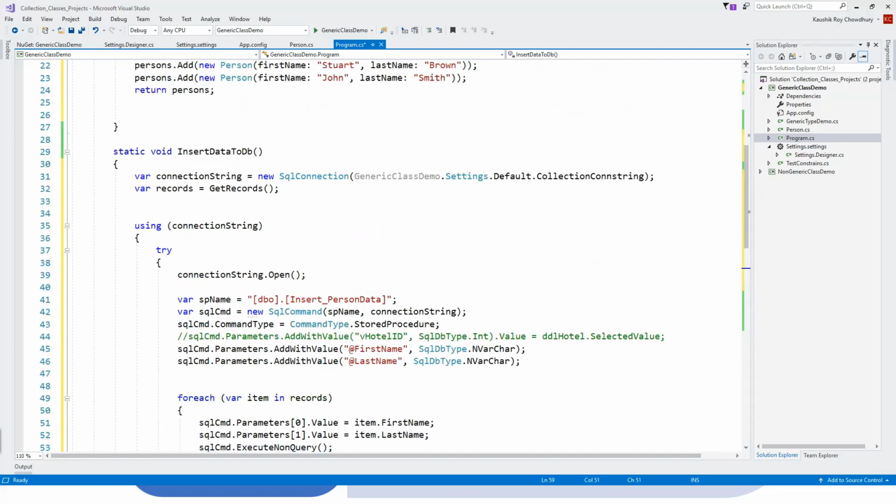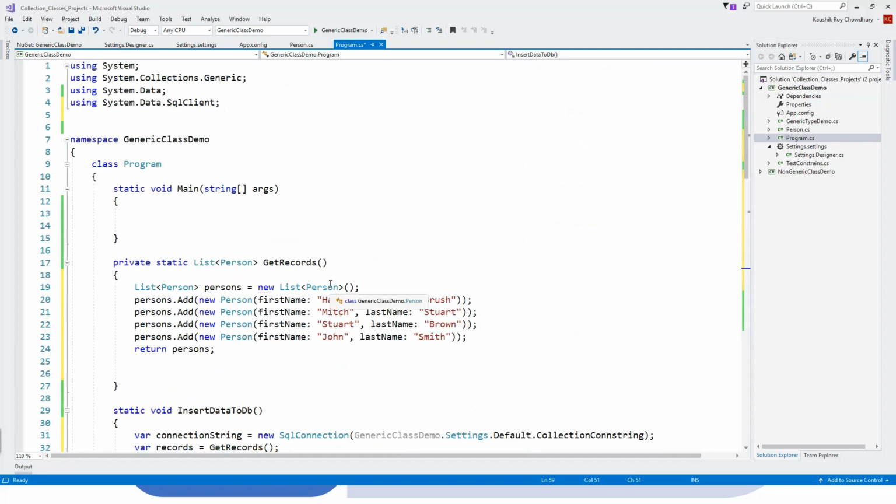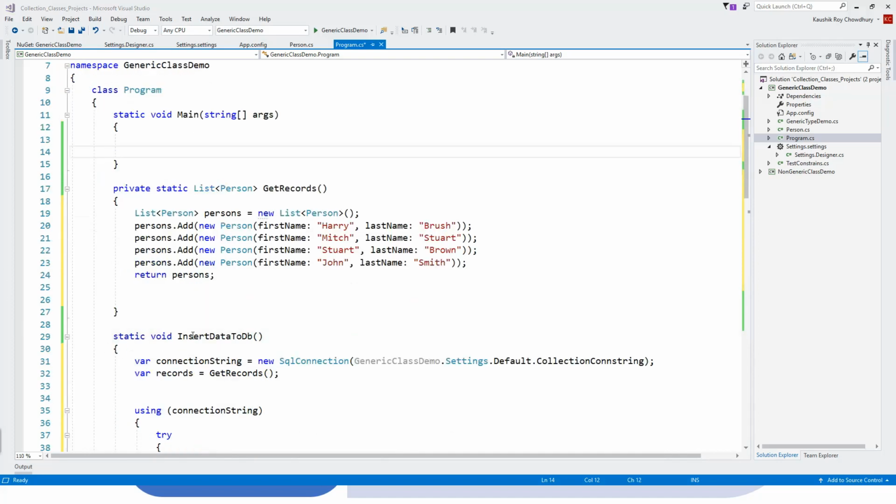Now here, let us call this InsertDataToDatabase. So let's see what happens. Because this method is already in place, let me call this method in the main class, just to show you by visiting the database that it does actually insert the records to the database person